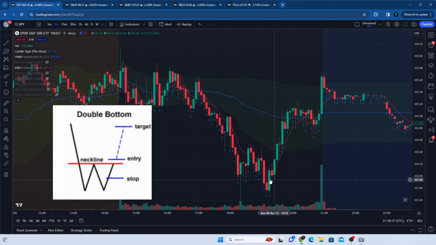Now, there are a few ways you can play this. Now, this right here is going to be called the neckline. This is the neckline. Now, if you are the most risk-averse trader out there, okay, the highest probability way you can play this is to play the break of the neckline, okay? So once it gets past this point, once you get a 5-minute candle close over the neckline, and I'll put it up right here, what exactly the neckline is on the double bottom pattern,